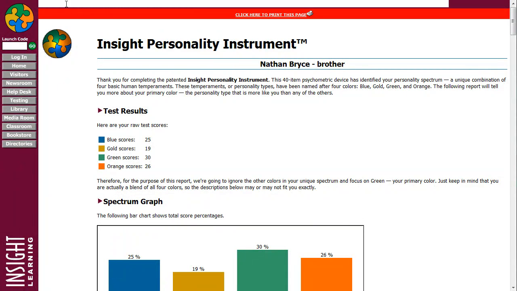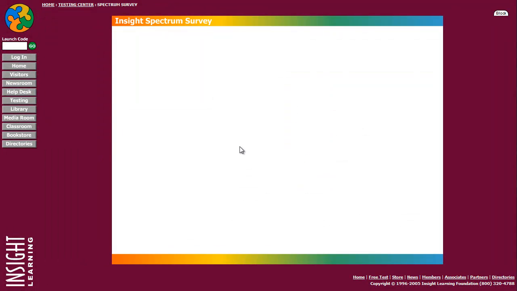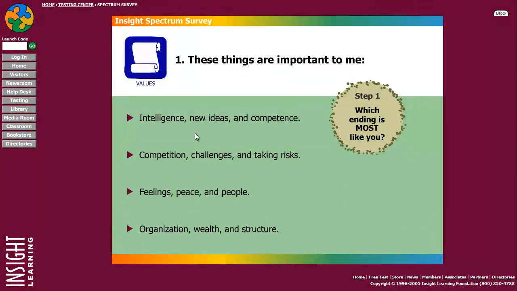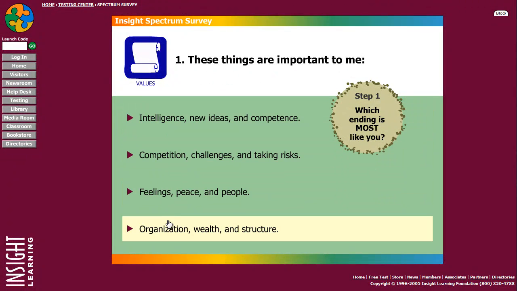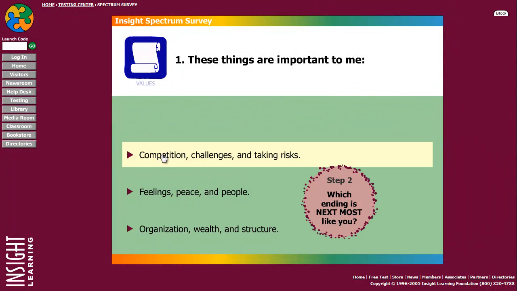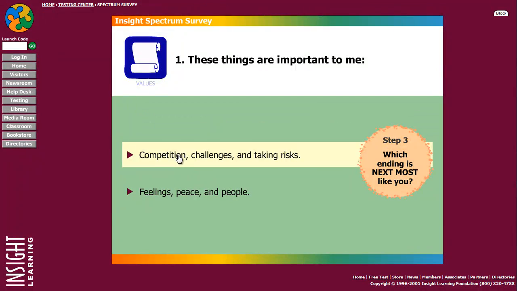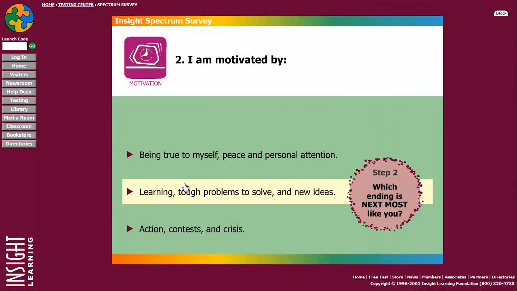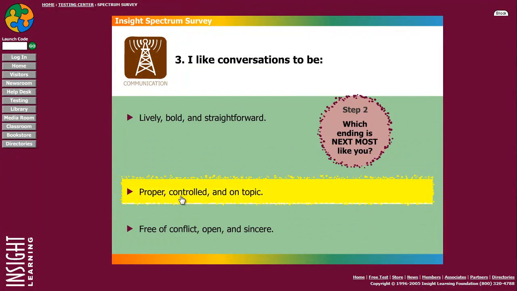Now there's also the Spectrum Survey, which is a little shorter. This is similar to the assessment that is in the Discovering Your Personality Spectrum participant workbook. And here, this is a 4, 3, 2, 1 type of test. So you choose the one that's most like you, and then next most like you, then next most like you, and then it knows which one is least like you because it was the one that's left over. So you just answer them from most like you to least like you,